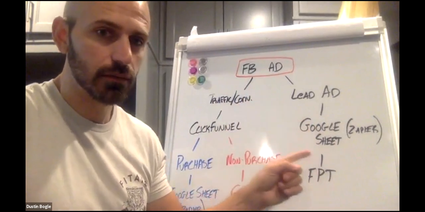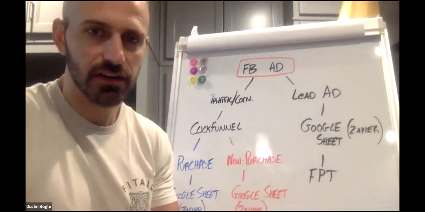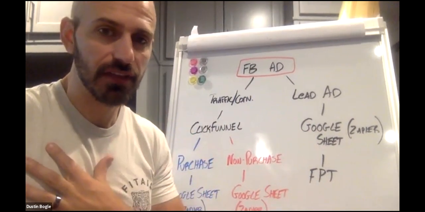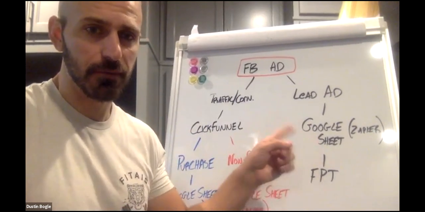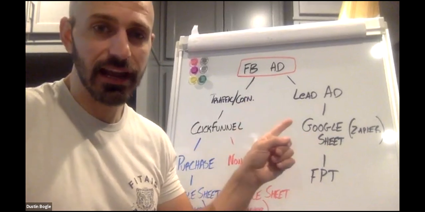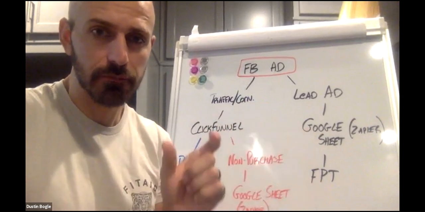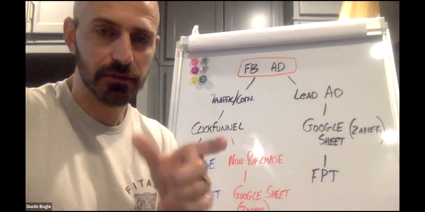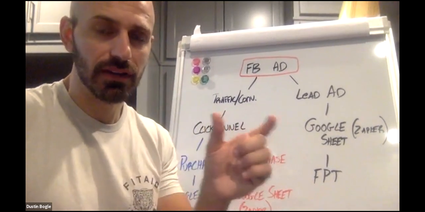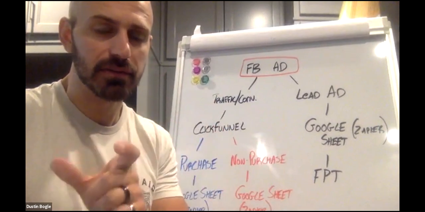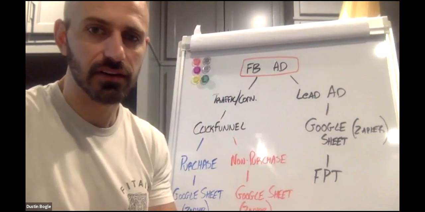The non-free option would be if you go FPT, which is Fit Pro Tracker, and that's the lead generation or lead follow-up system that I love. That makes it pretty easy for you and your team to follow up with people. And when people put their information in your lead ad, you can say, hey, import them into Fit Pro Tracker, and when they get imported, tag them. So you could say 6-month membership leads, so that way you can keep track of who's who. You can tag people as VIP members, you can tag people as 6-week challengers, and that way in your system you can categorize all the leads that are in that software.